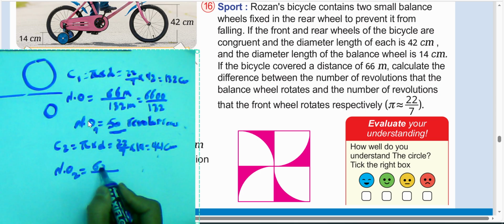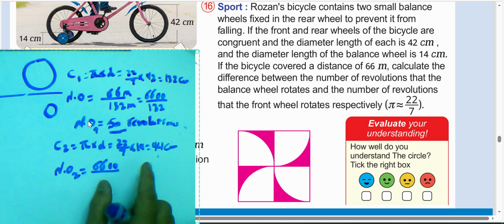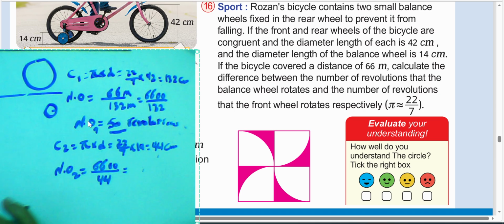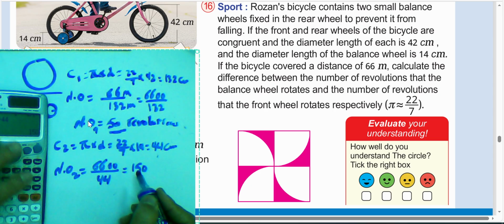Right, 66 meters product by 100, convert from meter to centimeter, and then divided by 44. 44 here is the circumference of the small wheel. Then using the calculator, write 6,600 divided by 44. The result will be 150